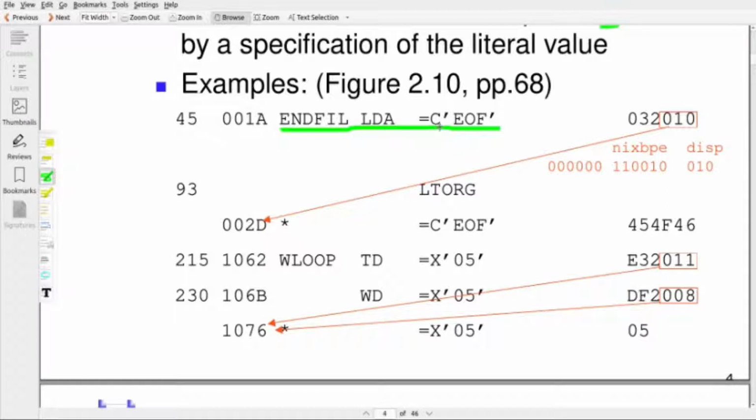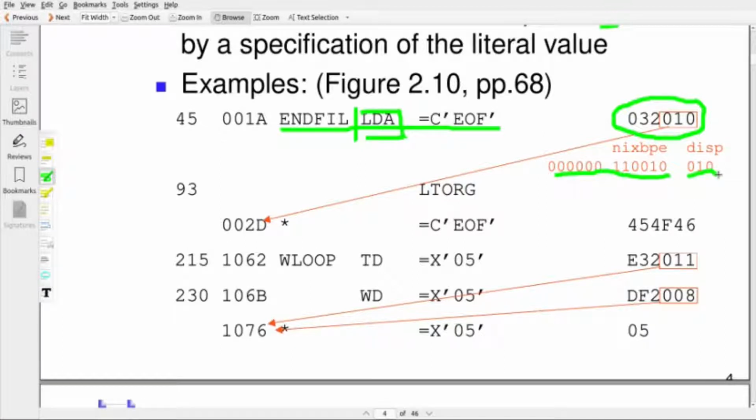The machine code generated is shown here. Let us see how to interpret it. Here 00 is the opcode of LDA, and the flag bits are 110010, where P is equal to 1, N and I are 11, which means simple addressing mode, and the displacement is 010.